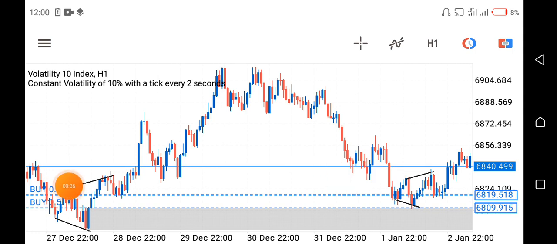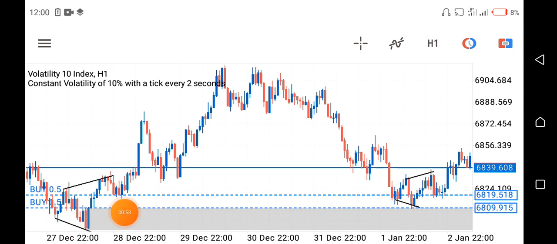You can see this high already taken out by this one. You can see the low here, also taken out by this low, giving us a lower low. So this is an inverted Quasimodo setup. This is the left shoulder here, the head. Then as we're waiting for the right shoulder to form, whenever it forms, it has to tap into this order block so as to activate the buy